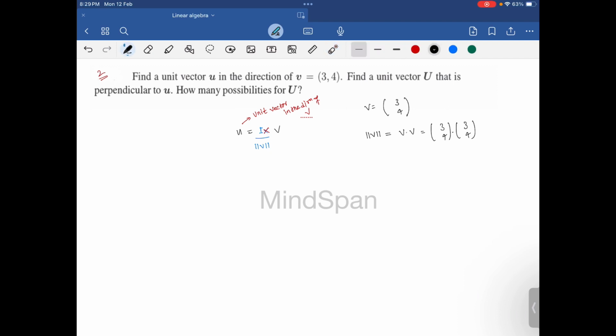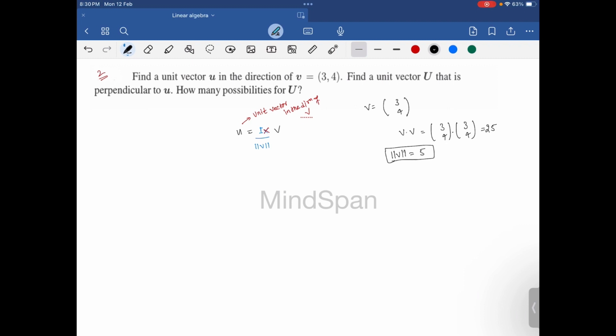So that will give you the length squared, right? So this is not the length exactly, but the length squared, and you will get 25. But this norm of v will be equal to the root of this v dot v. So that will be 5,